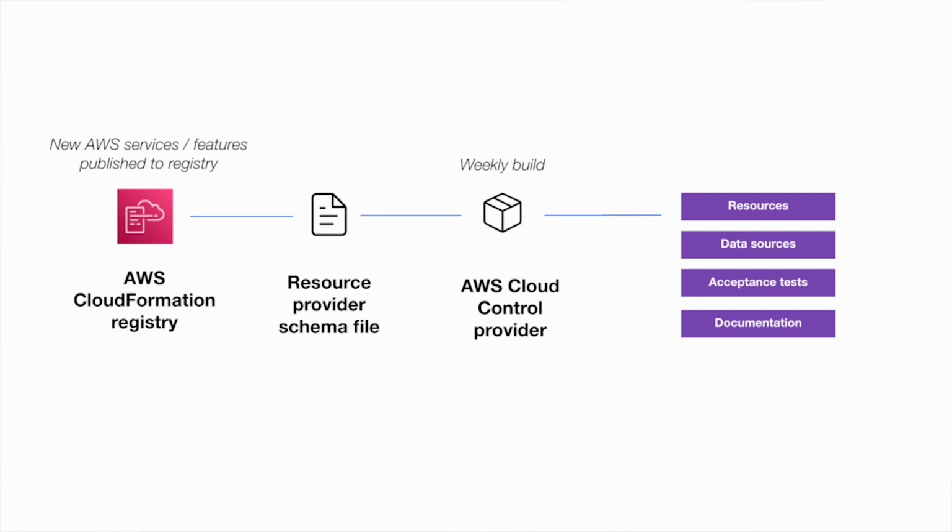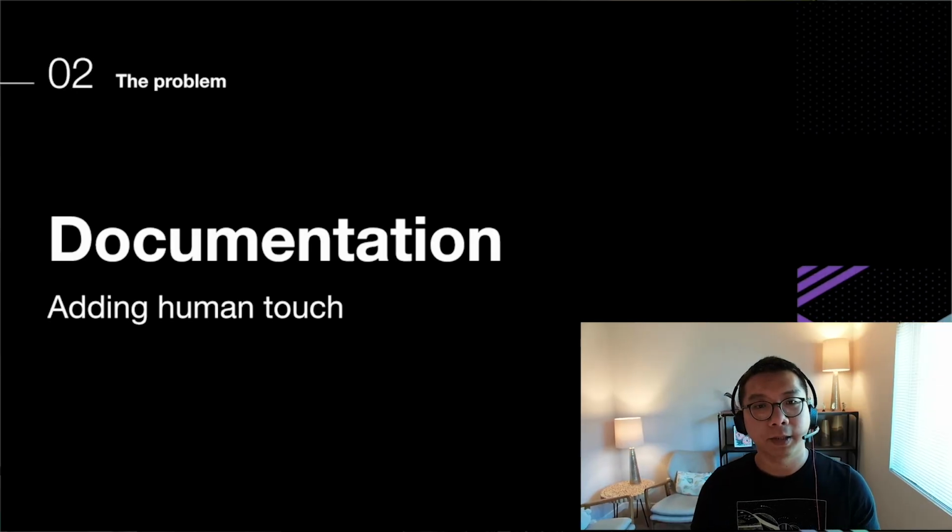This entire process is way more complex than what I can explain here in just a couple of pictures. In fact, it may warrant its own HashiTalk discussion. But for now, let's refocus on the last piece here, which is the documentation. So I explained to you what Cloud Control API is without saying Cloud Control API. And also earlier I mentioned that the AWSCC code generator also generates the documentation for you that you typically see